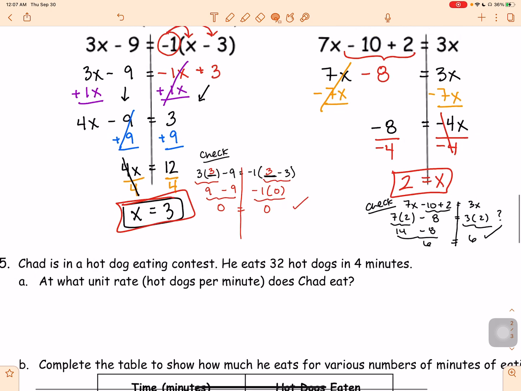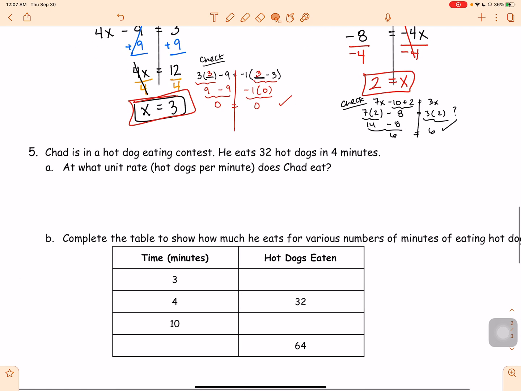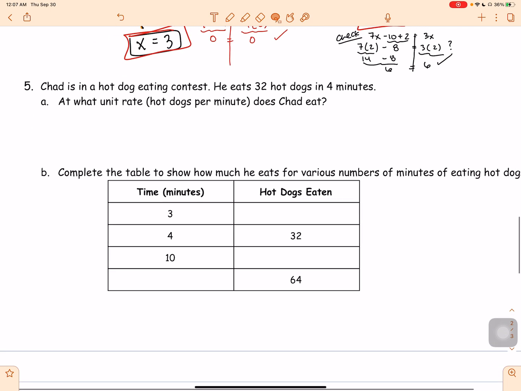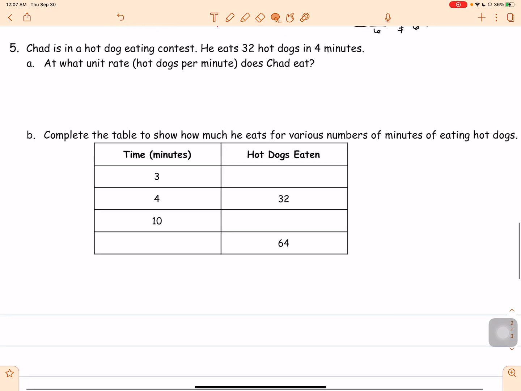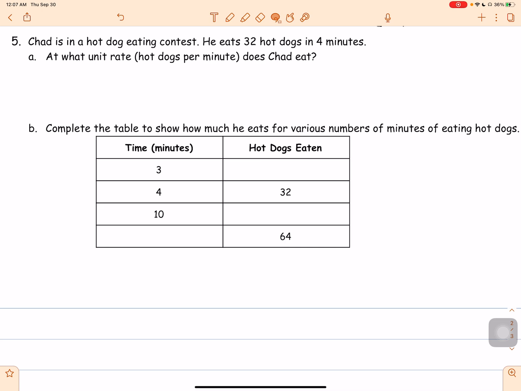All right, so let's see here. Chad is in a hot dog eating contest. He eats 32 hot dogs in 4 minutes. At what unit rate, hot dogs per minute, does Chad eat the hot dogs? So if it tells you right here, hot dogs per minute, that would be the unit rate. You want to set it up hot dogs per minute. So 32 hot dogs